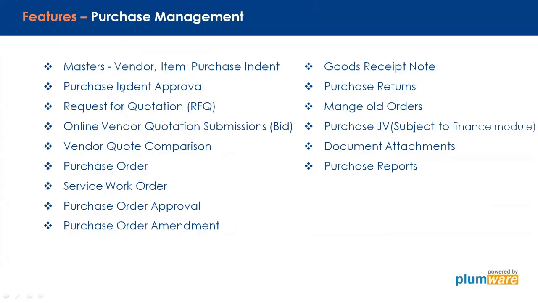So usually intents are received from the departments. The purchase department will send RFQs to the vendors online. The supplier will receive them in their mail. They need not log into the application. They simply click it and update the relevant information in the browser itself. Once they submit that particular quotation, that will come and sit into the